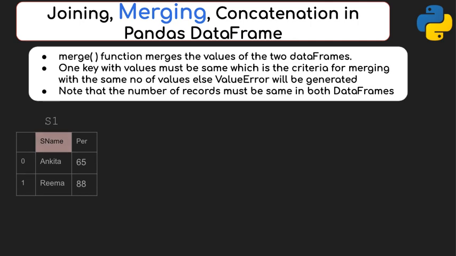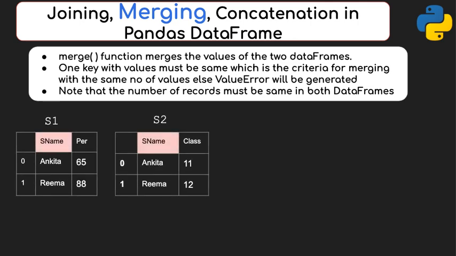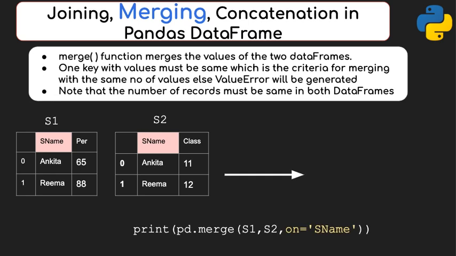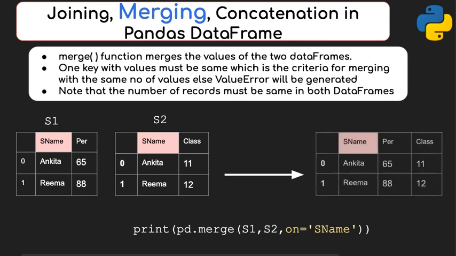Okay. So if I have the first table, if I have the second table, please note that in S1 also we have the common column with the name, same name. Similarly in S2 also common column with the same name, and therefore when you are merging, you need to specify on which particular column name you need to merge, and you will get this answer. All right. So basically, if there is just one column which is common and one column which is common, then the entire table can be simply merged with it. Okay. So that's another thing.